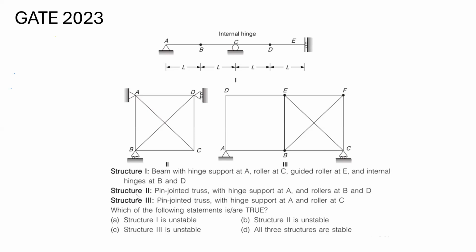When DS is less than 0, meaning it's negative, then you can say it's an unstable structure. Correct? So at B and D, internal hinges, we are getting one more added equation, that is summation M at B is equal to 0, summation M at D is equal to 0. So we have got two added equations in the structure. That equation will be there in the equation of DS minus. So DS will be reduced if there are some internal hinges, right?